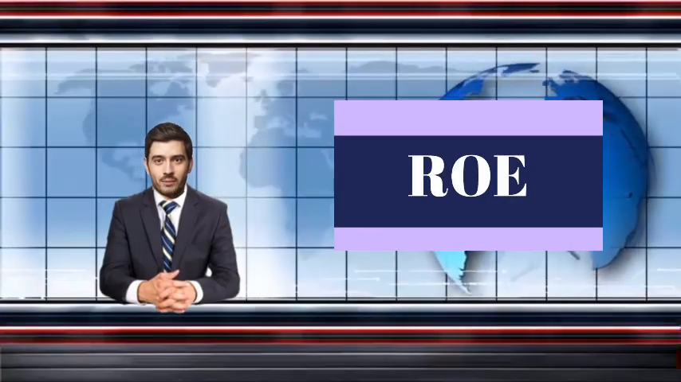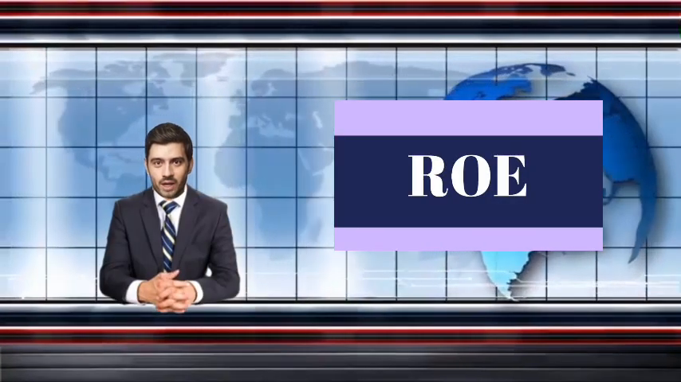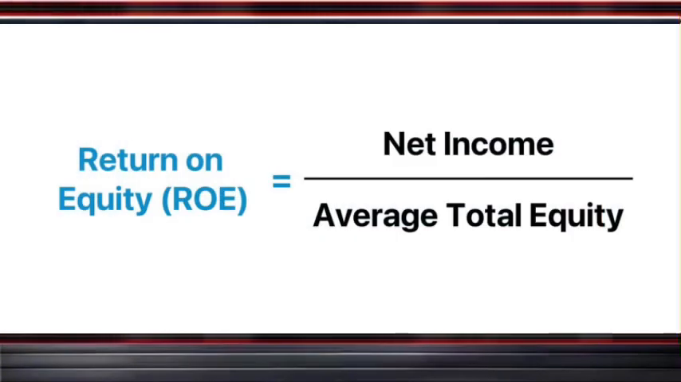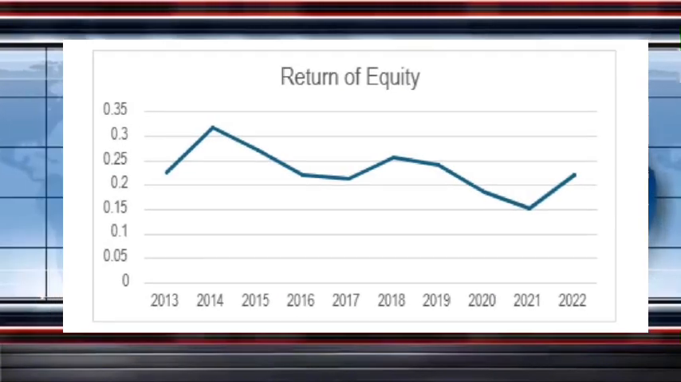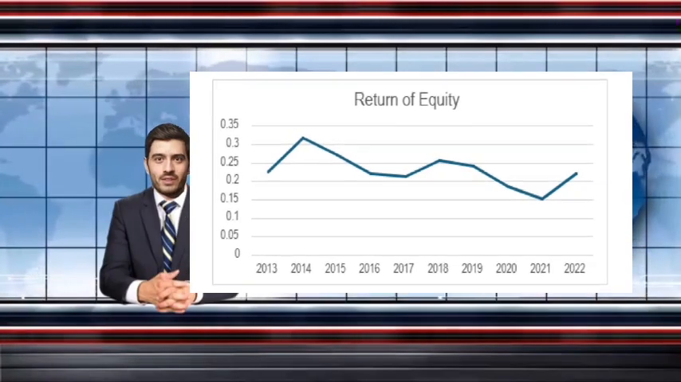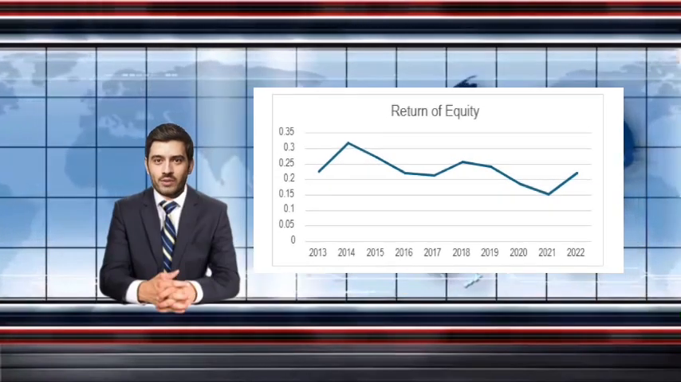Return on equity. ROE reflects the bank's ability to generate profits from the equity capital invested by shareholders. It is calculated as the ratio of net profit to total equity. HSBC Amanah's ROE has ranged from 0.154 to 0.317 during the analysis period. This means that for every RM1 of equity capital, HSBC Amanah was able to generate between 15.4 and 31.7 cents